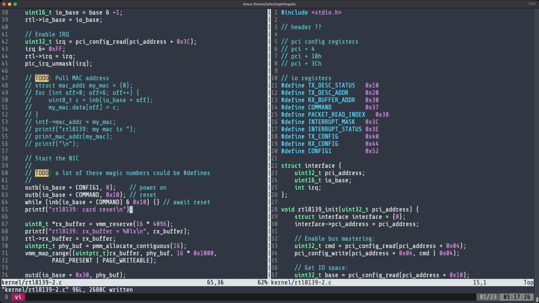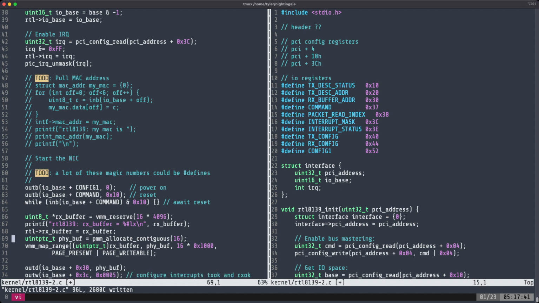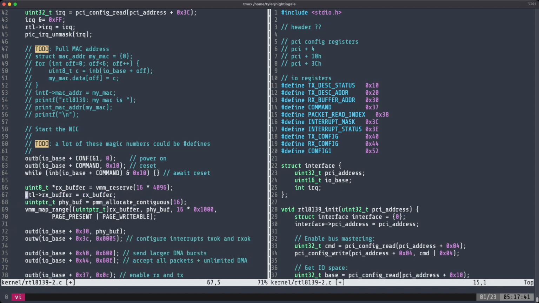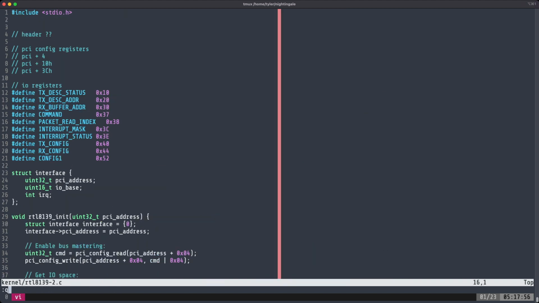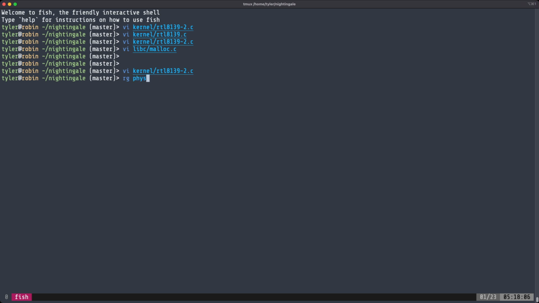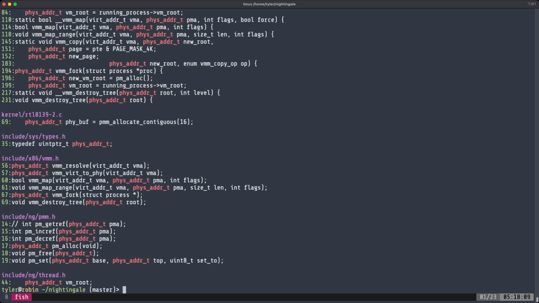Not particularly interested in inheriting my old printfs. Really not interested in using uintptr_t there. I went through an old period where I enjoyed using these. This shouldn't even be that. This should be a physaddr_t. And obviously that's going to involve importing headers. Where does that come from? Looks like it comes from